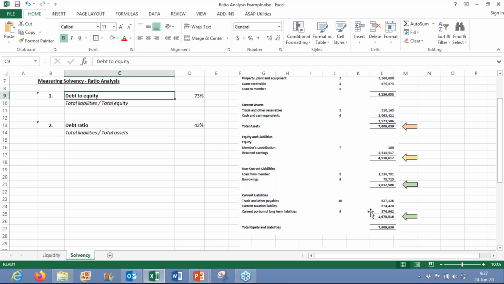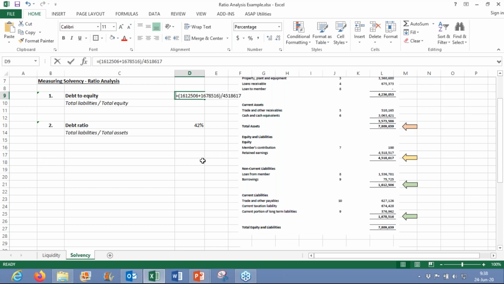The major portion of your liability is a loan from member, which will probably not be interest-bearing. And because it's a loan from the member of the CC, there could be a situation where if something happens in this company, you can maybe enter into a subordination agreement with a member, or you can negotiate new terms of that loan. So because it's a member loan, it has the feeling of equity, even though it's an obligation. That's why I'm not too concerned about this high leverage of the company, because if you actually look at interest-bearing debt, it's quite low.